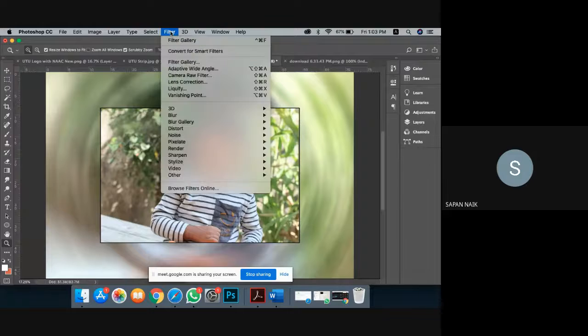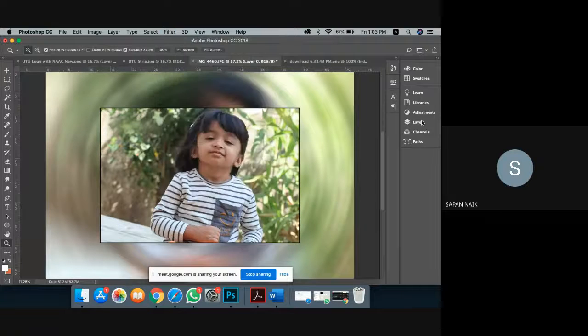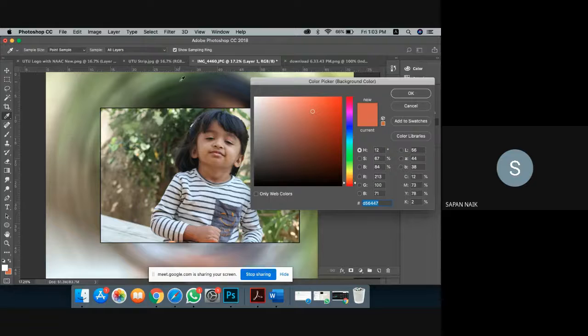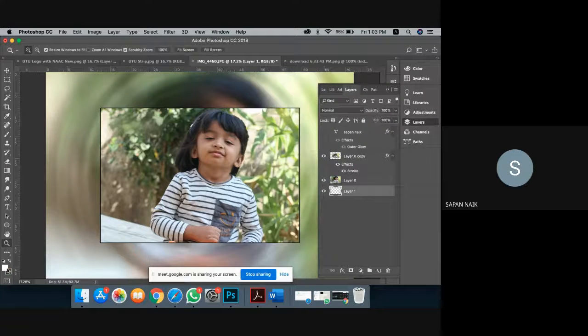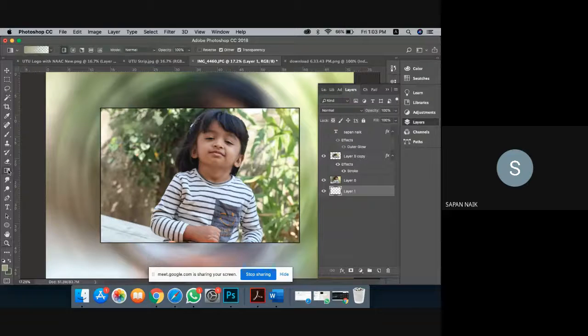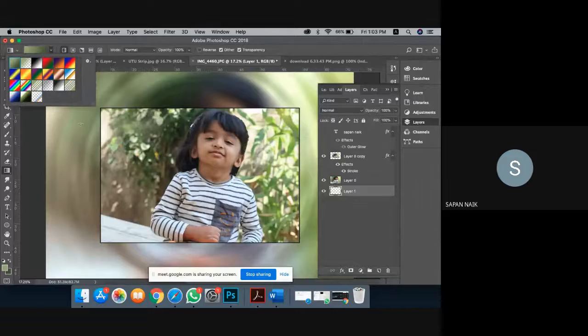Still I am not happy with this. Then what I can do is go to layers, create one more layer, and put it in the background. Suppose I want a green color in my background. Take some lighter color. Go to this. This is a gradient that you can utilize. You can choose any gradient from this.